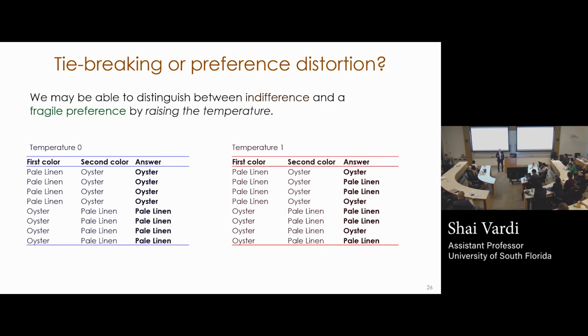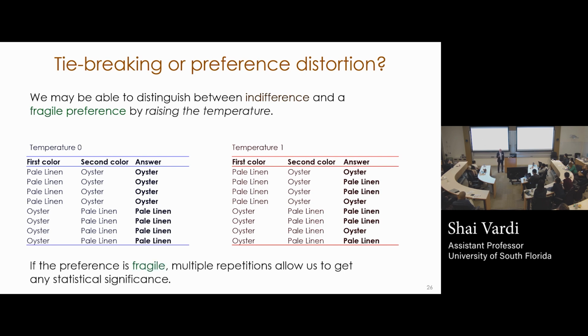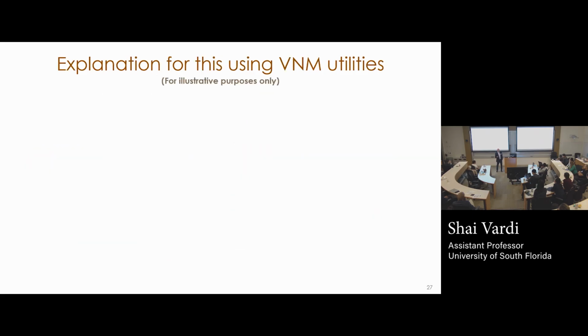So what we can do is we can raise the temperature. And you can see that this added stochasticity suddenly allows us to differentiate between the two. You can kind of see intuitively that it looks like pale linen, it actually prefers pale linen. So if it's a fragile preference, multiple repetitions at a higher temperature actually allows us to get at the true